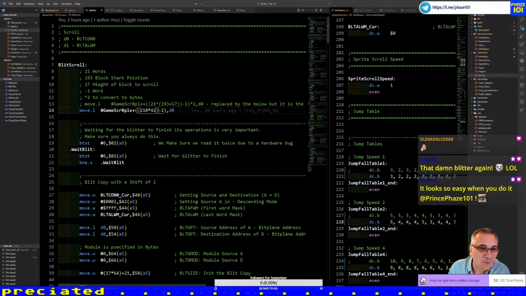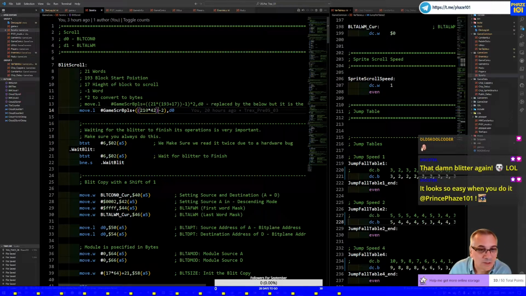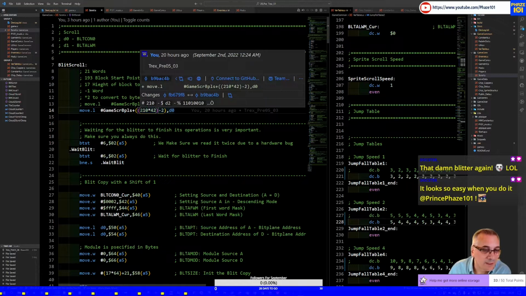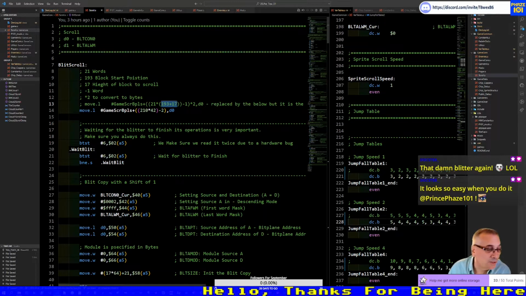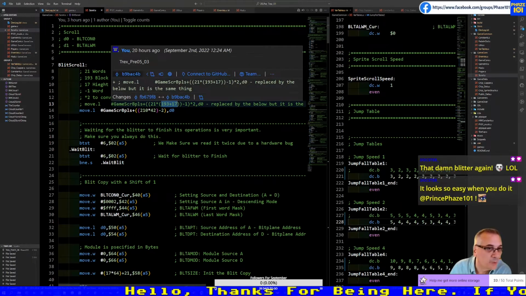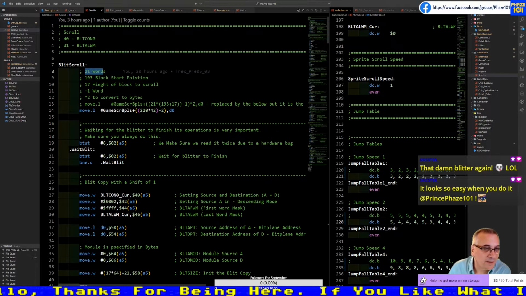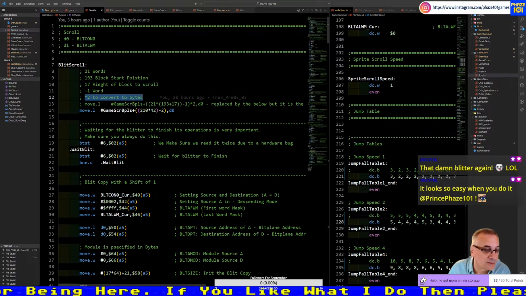So what did I do? We want to blit at line 210. So 193 plus 17, y plus 17 is the height. And 193 is where we start. The screen width is 21 words. The -1, I will come back to it, and the ×2 is because we need to do it in bytes.